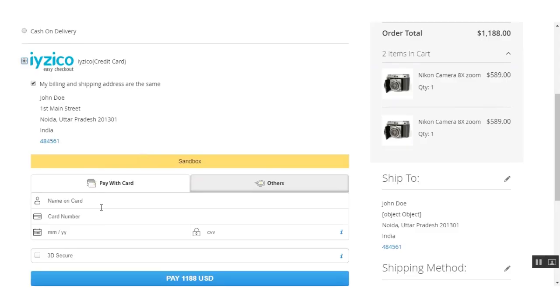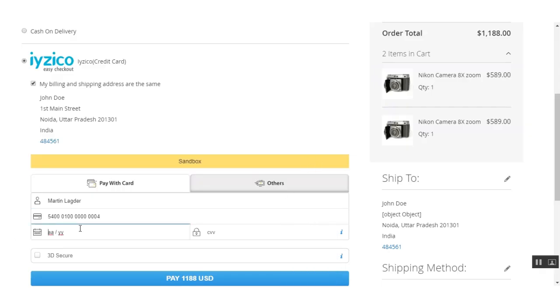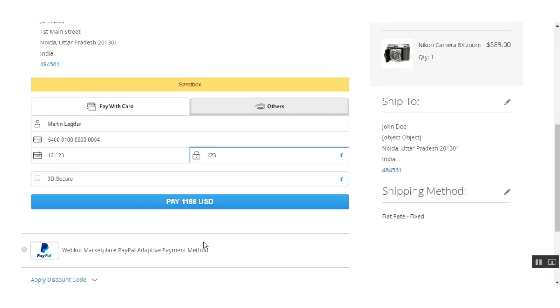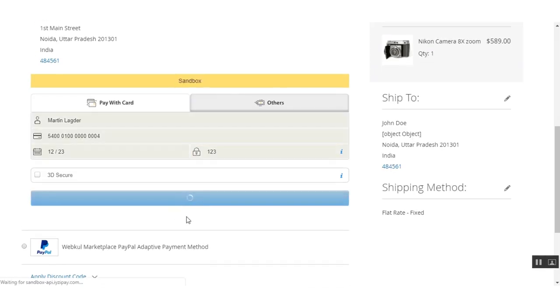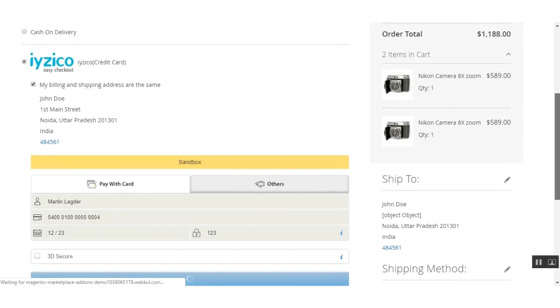So what I'll be doing is I'll be entering the name and the card number to make the payment. And I'll enter the card number, the expiry date, the CVV number, and I'll click on the pay button thereafter. So now we'll see that the payment will go through,